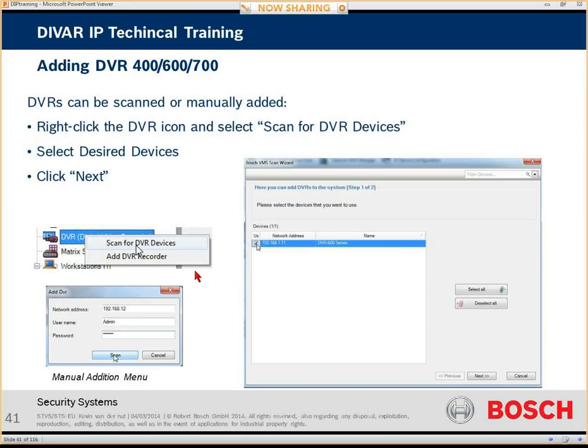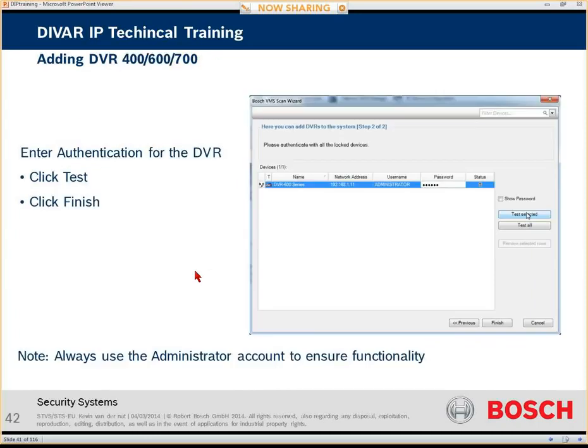So with adding it manually, the same process as with the BRS unit, network address, administrator username and the password, and then perform a scan into the system. Or if we select it from the Scan Wizard menu, we simply mark a checkbox next to the units that we would like to add into the configuration, and then we hit the Next on the Configuration tab, and then